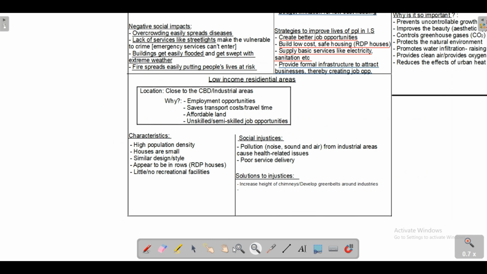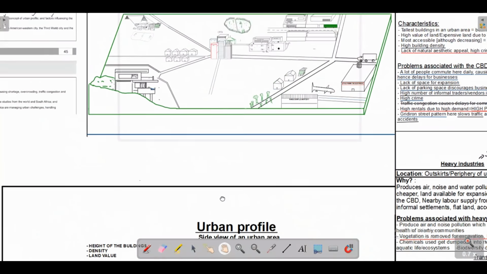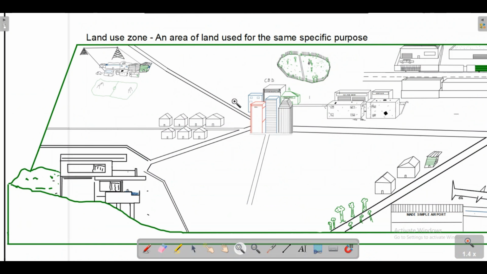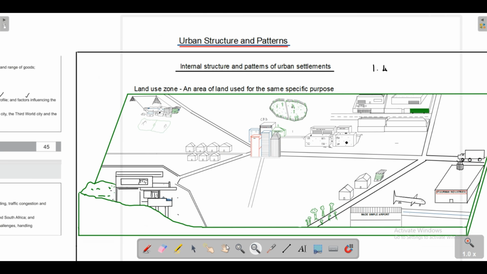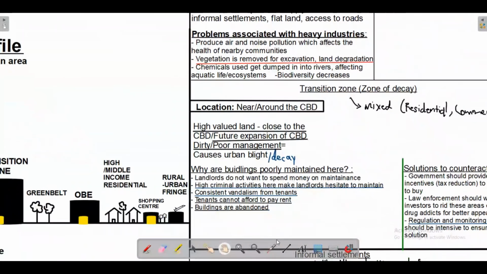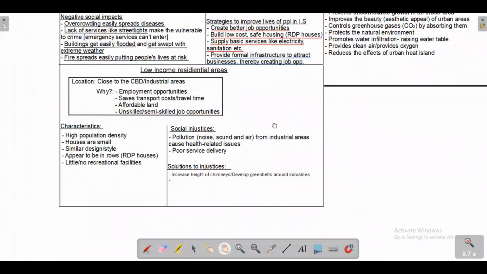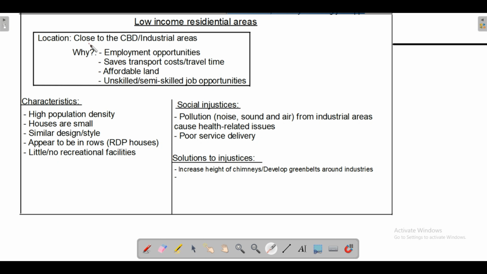I'm starting to see now that informal settlements are actually becoming closer and closer to the CBD as well. So you're going to see informal settlements close to the CBD nowadays, because of these job opportunities, guys. People want to be close where there's work. They want to save on money, right? So they're close to the CBD or close to industrial areas. Why? Because of employment opportunities. There's employment opportunities in these areas, and it saves transport costs, it saves travel time, and of course, it's affordable